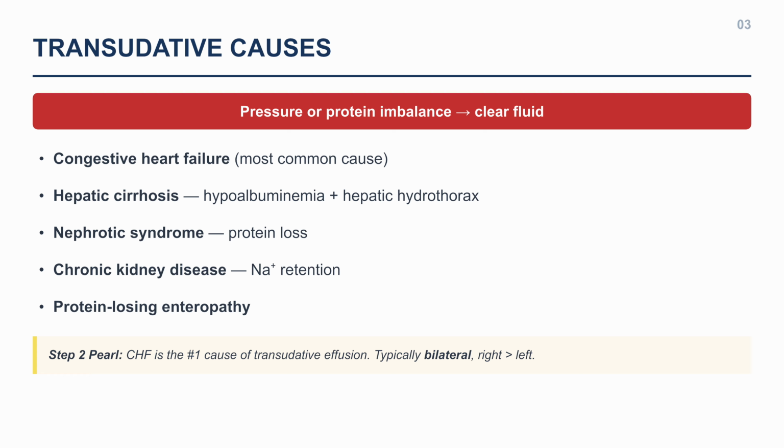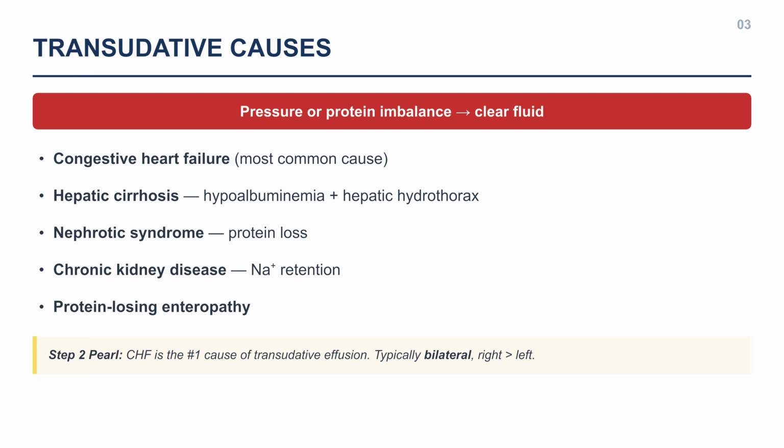Transudative effusions come from systemic conditions that alter pressures across an intact pleura. The number one cause is congestive heart failure. Other important causes include hepatic cirrhosis, which produces effusions through hypoalbuminemia, and hepatic hydrothorax, when acidic fluid moves through diaphragmatic defects. Nephrotic syndrome causes effusion through massive protein loss and low oncotic pressure. Chronic kidney disease can cause volume overload with sodium retention, and protein-losing enteropathy can drop albumin enough to cause an